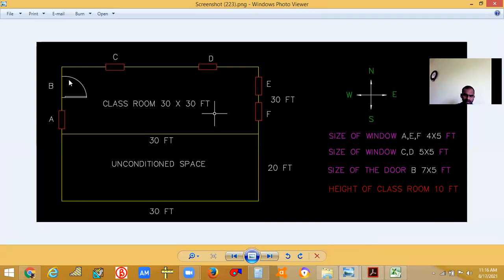So you don't want to reduce this door, okay? Don't want to reduce this door because this door itself is acting as a wall only, okay? Because there won't be any glass or something like that. It will be made of some wood, okay, or some hard materials. So assume it as wall itself. So other than north exposure means west exposure and east exposure, right? So you should be able to know what is the area of this and subtract this area with A, E, and F.